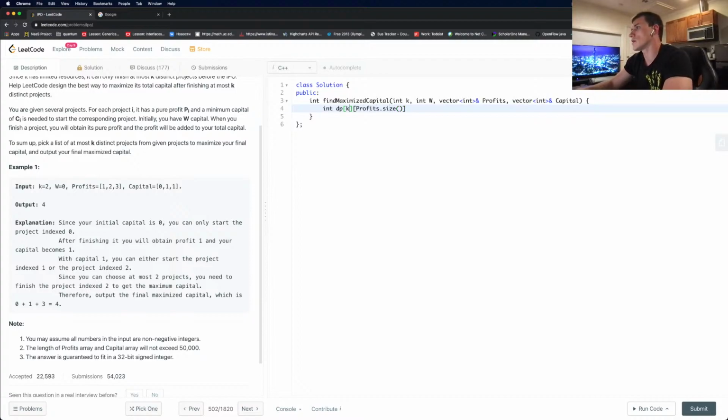This is k in a sense that it's k plus 1, which is initially 0. And obviously we can initialize it as zeros, whatever. I guess it's like this, if I remember correctly.